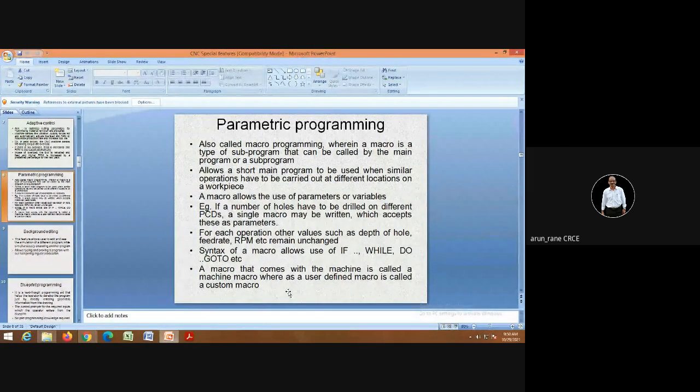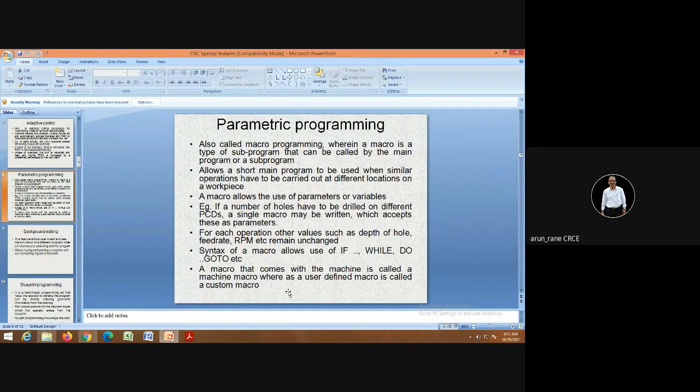Imagine, suppose for circular interpolation we are using G02 or G03, clockwise, anti-clockwise. Suppose if you don't have that, then how will you program? You will give the equation x square plus y square is equal to r square. Then you will give the value of x increment 0.5, 0.5, 0.5. So every increment, based on the equation, it will calculate the value of y, and accordingly the tool will move. And the same is applicable for any complex profile. This is what is called the parametric program.